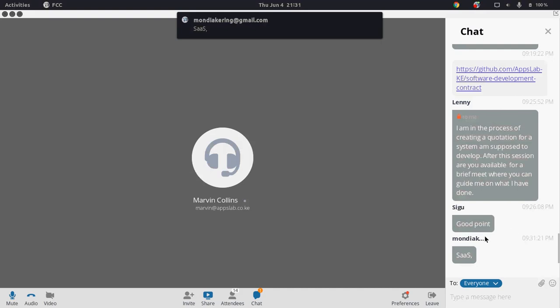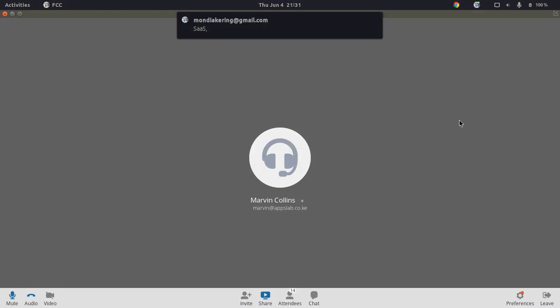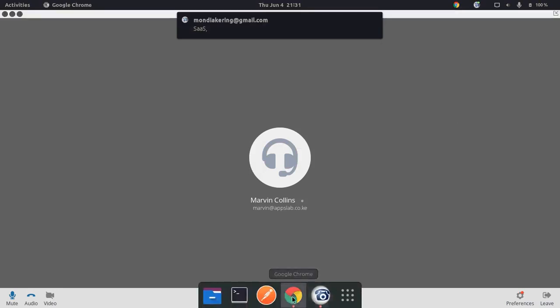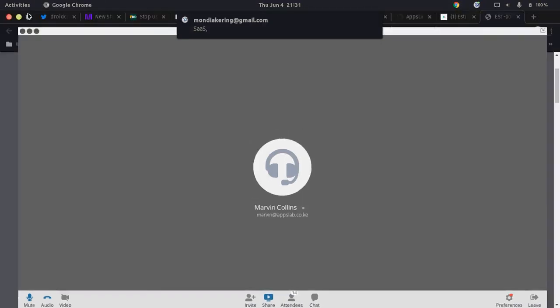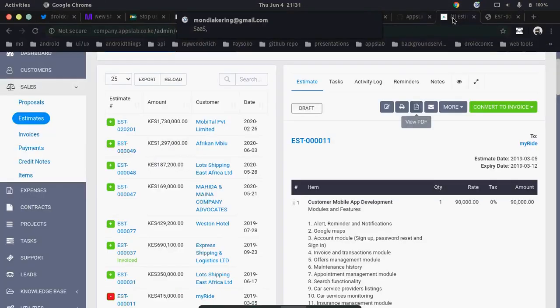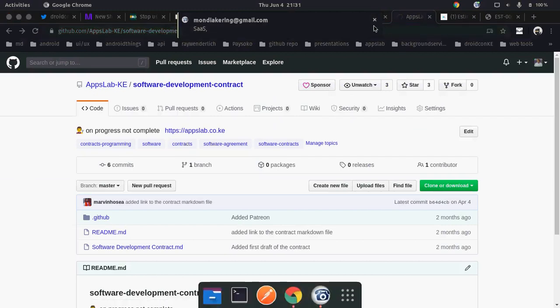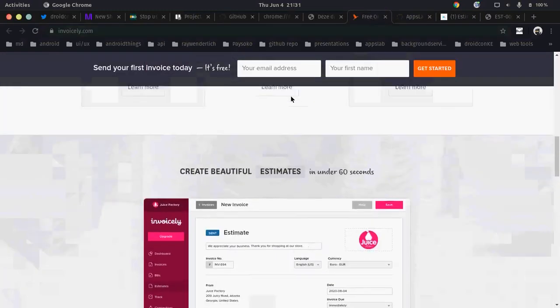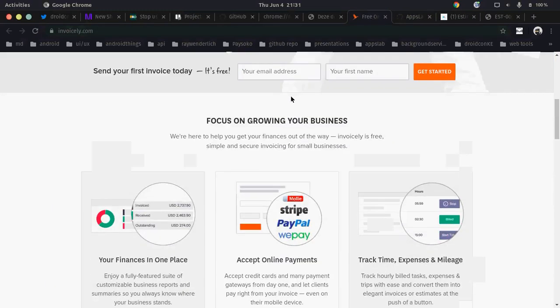I see there's a good comment here on SaaS, that is software as a service. At times we have, let's say, this invoice generating system. In case you don't want to sell it one-off, you can have guys with subscriptions.